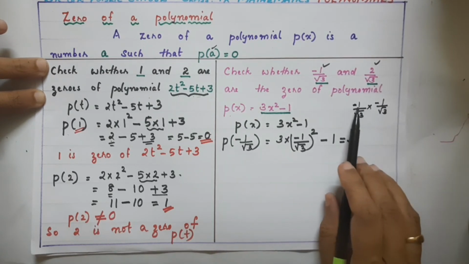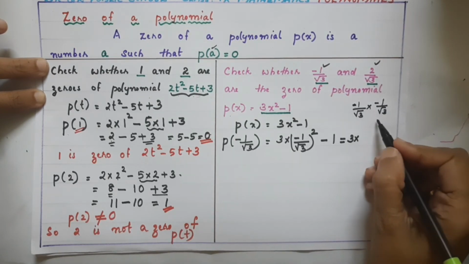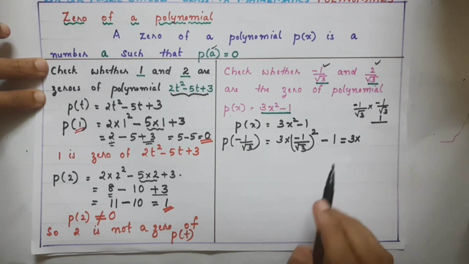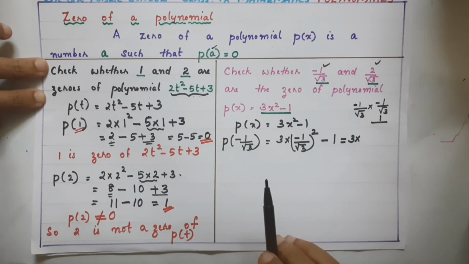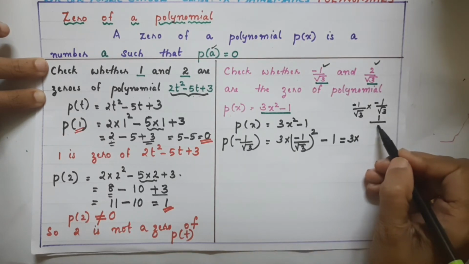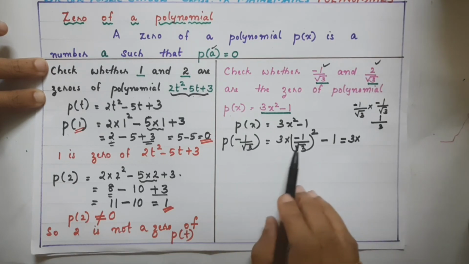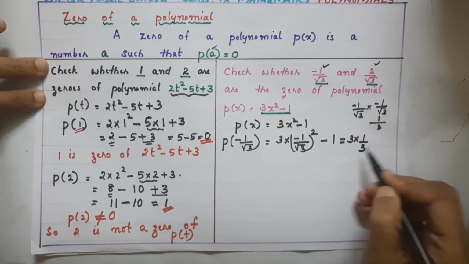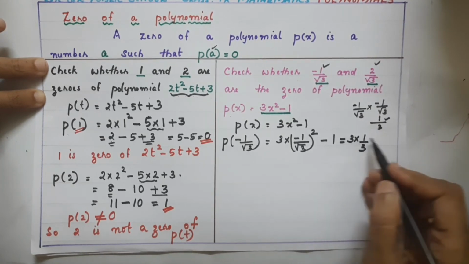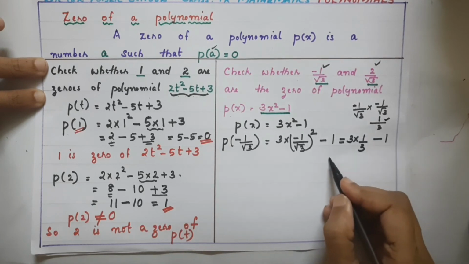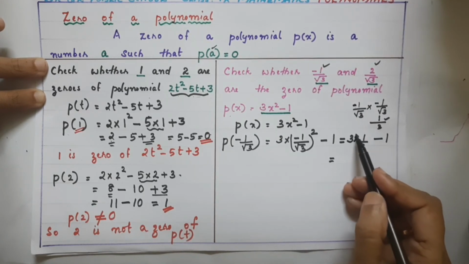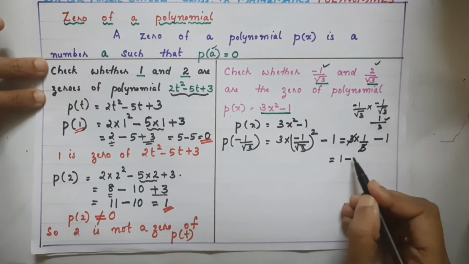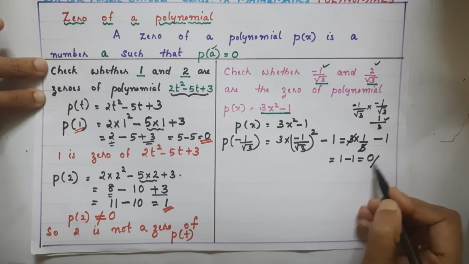Isn't it? So minus 1 into minus 1, 1. Then what is root 3 into root 3? Root 3 into root 3 we have discussed in the first chapter. Root 3 into root 3 can be written as 3. Okay. So minus 1 by root 3 the whole square is 1 by 3. Did you see, children? Then minus 1. Here in the multiplication, we can cancel 3 and 3. So what is remaining? 1 minus 1 equal to 0.